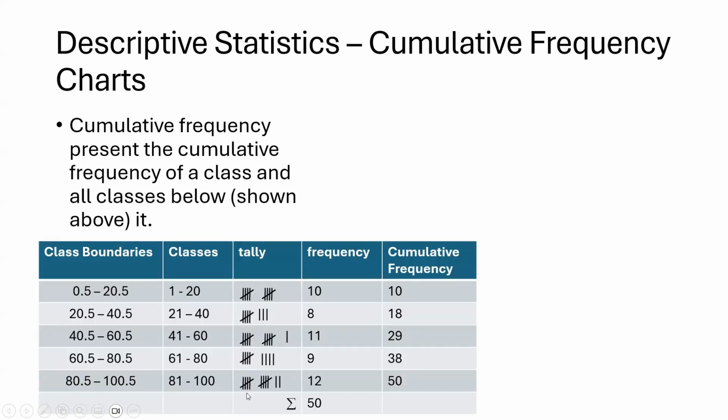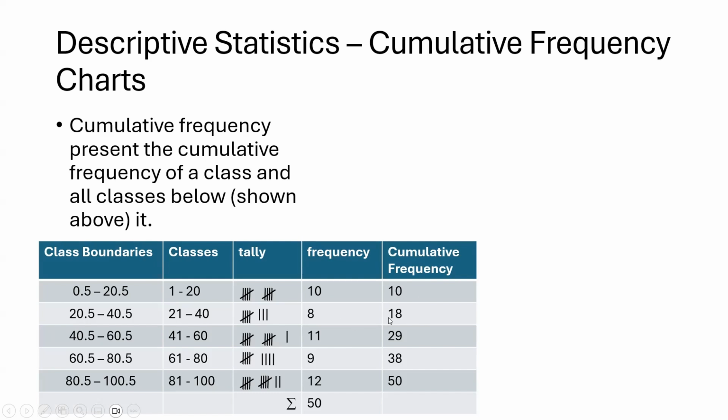We have the same example, and this was the frequency. Cumulative frequency is the frequency of this class plus all the classes above it. And in this case, we'll call it below it because these are smaller values. So for this class interval, there is nothing before this, so we have just 10. But this interval has one class before it, and we add 10 to 8 to get the cumulative frequency